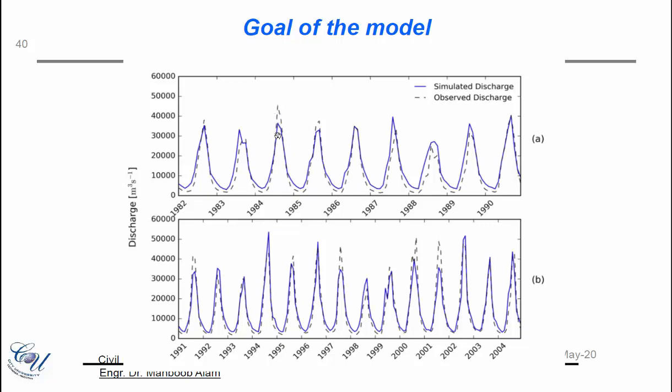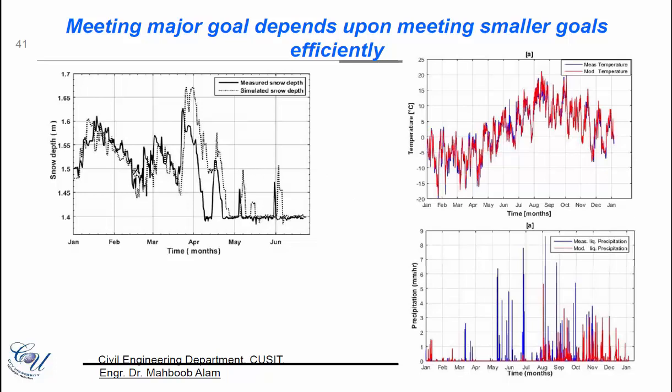And of course this wouldn't happen unless you also model the processes in the same way. So for example, let's say you model the snow depth. Your model is predicting or forecasting the proper values of the snow depth in the catchment. Your model is also giving you good results on the temperature and on the precipitation. Again, the blue line is the measured temperature and red is the model temperature, and the same here for precipitation. So if these smaller processes are occurring in a correct manner, then ultimately this thing would also be